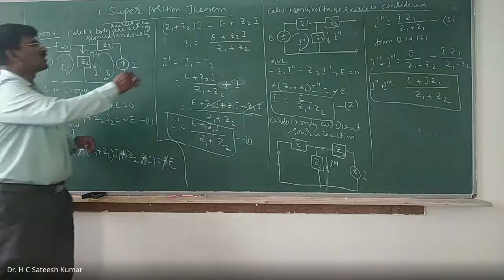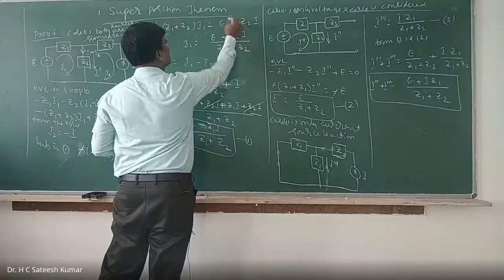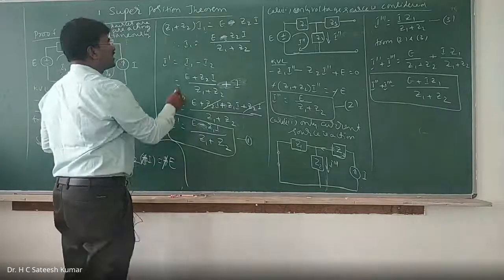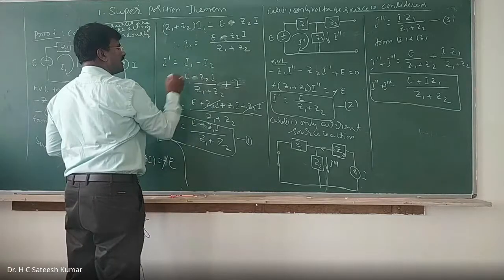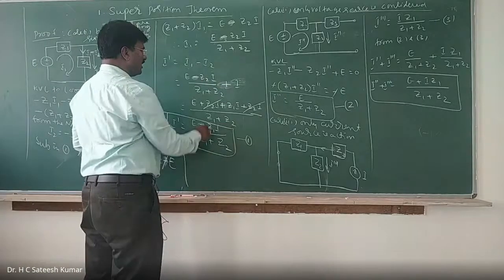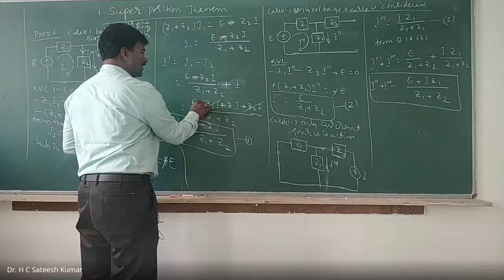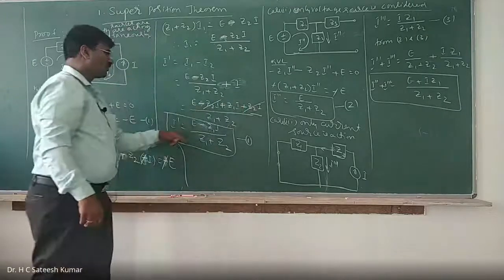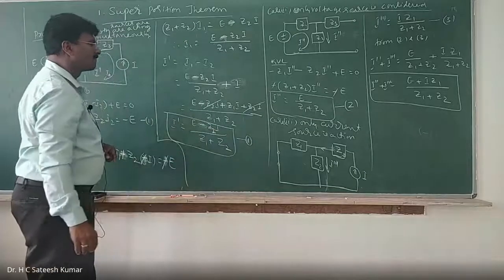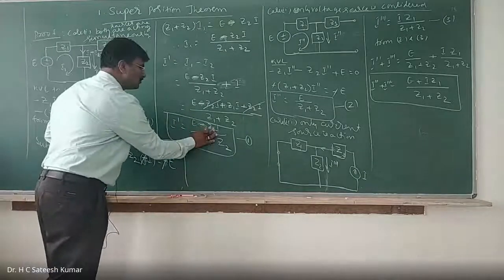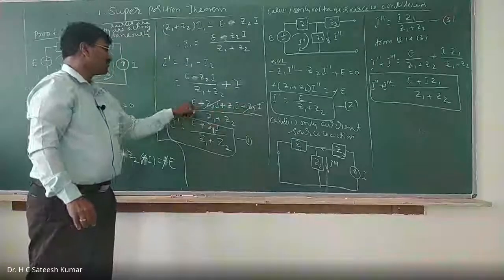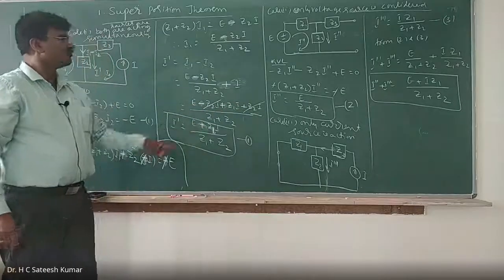So therefore this will become minus, and this will become minus, and therefore I1 is equal to what? Minus Z2 into I. We get it, and this is what? Plus I. It's correct, and this is minus Z2 into I, and these two get cancelled. Therefore, what will you get? Minus Z2 plus Z1 into E plus Z1 into I. These two get cancelled, plus Z1 E plus Z1 into I. We call this equation 3. It's correct.